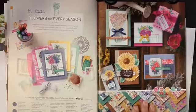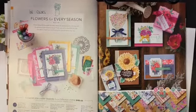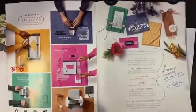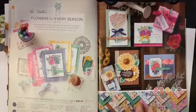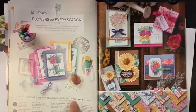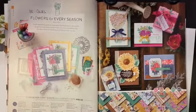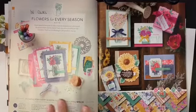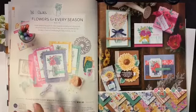So we do have those kits, which are great. Now this is an example of our suites. And remember, I told you that there are a bunch of them throughout the catalog. And see, I already forgot how many. There are 10 of them. It's an easy number. You think I would remember. The cool thing about suites is they have an I want it all button. They have a single code that will give you everything that is part of that suite. The papers, the ribbons, and it lists everything down here, the dies, the stamps, everything that you need for an